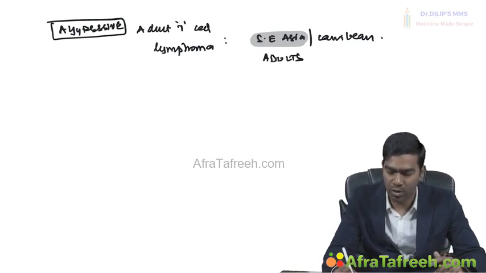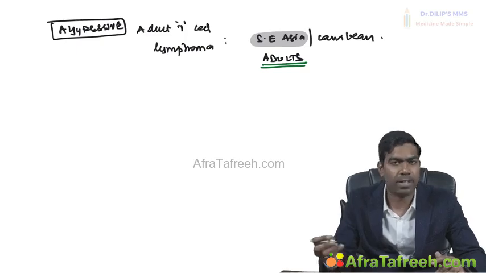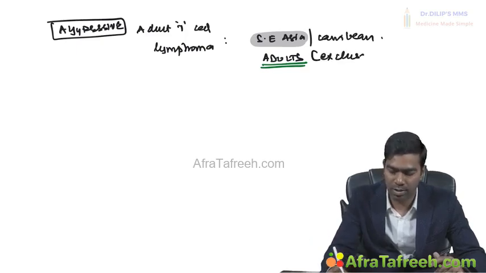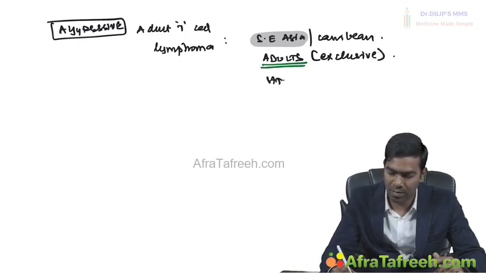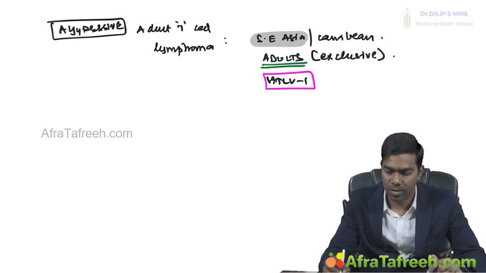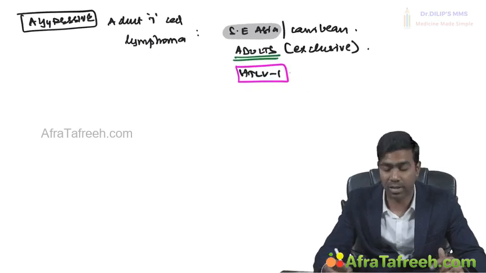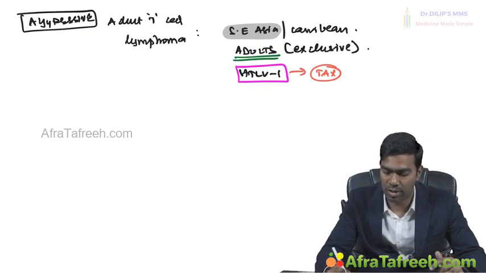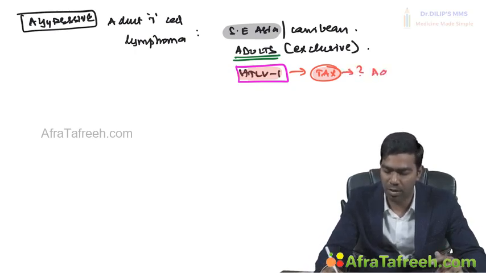It can be seen in a lot of Southeast Asian populations. It's an exclusively adult tumor. That's why it's called adult T-cell lymphoma leukemia. Clear? So it's never seen in children. It's exclusively seen in adults. And another important point is it is HTLV-1 related. We discussed this point already. HTLV-1 has an important association with adult T-cell lymphoma and leukemia. Then they might be asking about the oncoprotein that is associated with this, the TAX protein. So this HTLV produces a protein called TAX protein, and that could be the reason for development of this adult